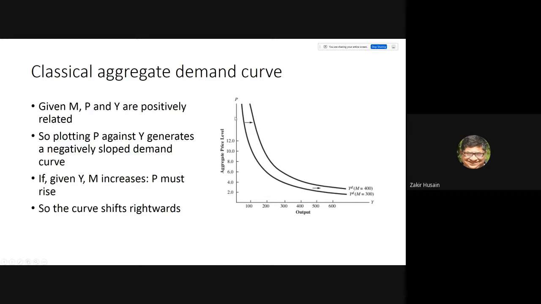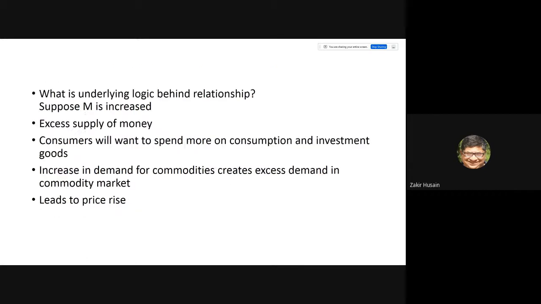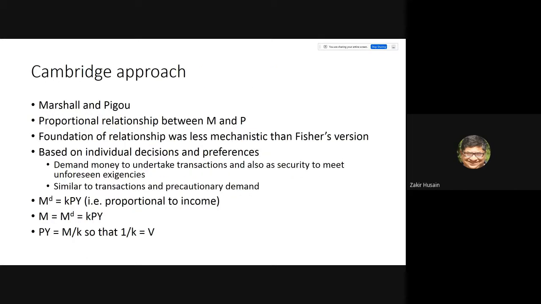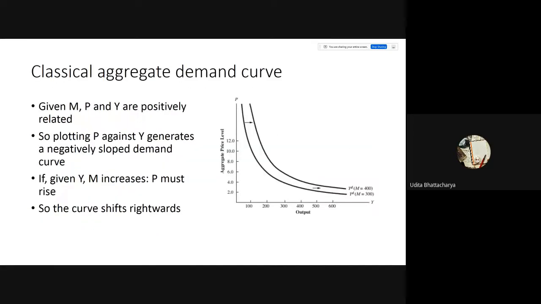So if you have a constant P and Y, it means you can take the M on this side. So if the money supply is constant, Py is equal to M by K. The product Py is equal to M by K, which is a constant. So what is this an equation of? This will generate a curve. What is the curve called? It's a rectangular hyperbola. Exactly.